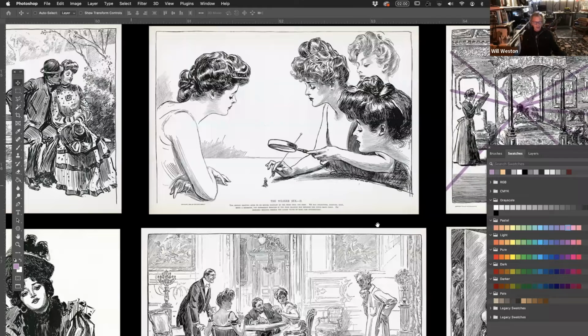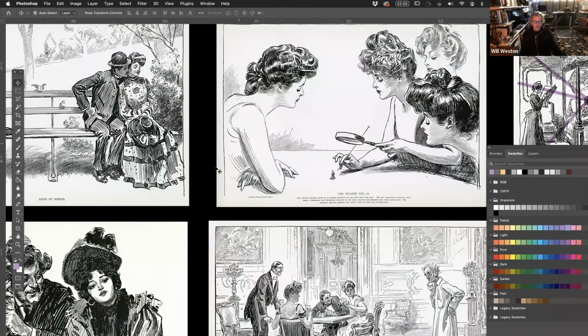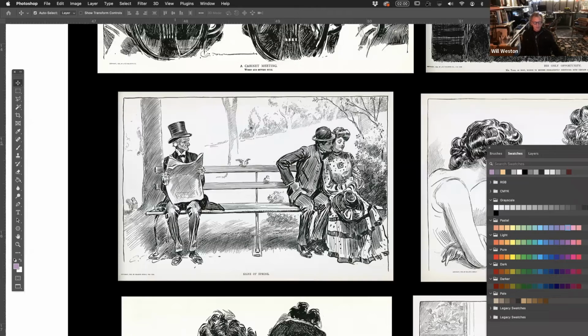This is using an idea called close together, far away. So here is age on this side, signs of spring. And he's just tired of everything. He's reading the newspaper and thinking the world's gone to hell. And here, young man and woman. Here we have lovebirds. Here we have squirrels chasing each other up and down the tree. So it's a joke. It's a joke. This is like a 19th century graphic novel.